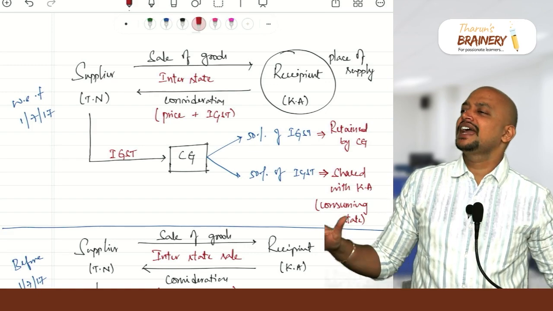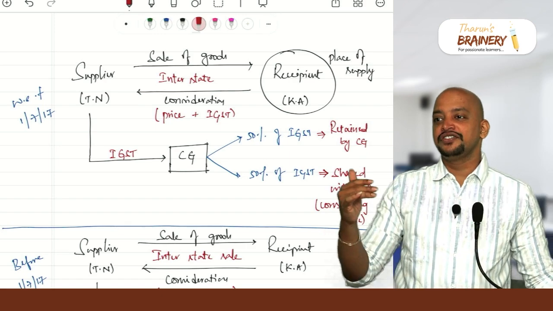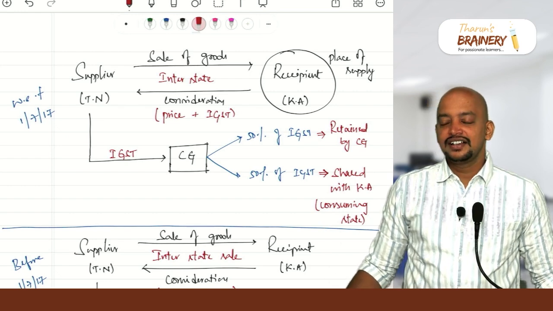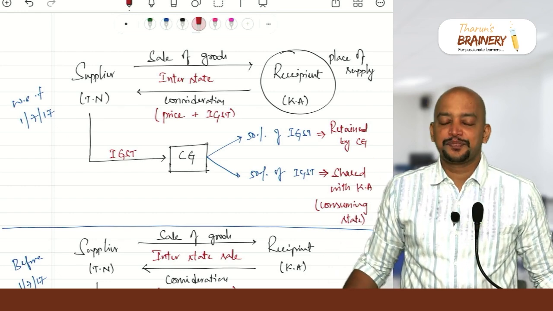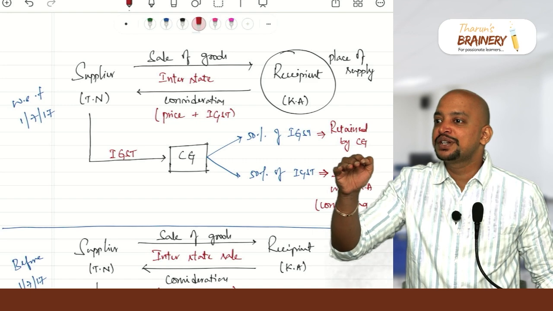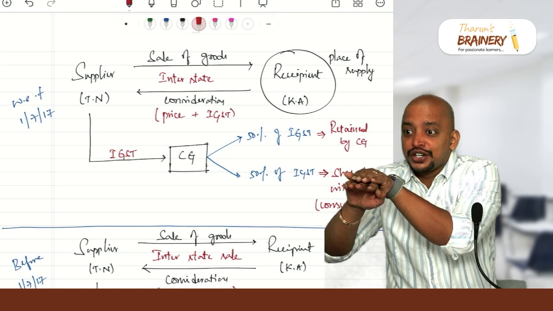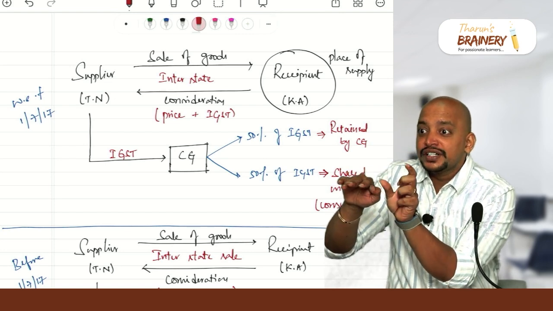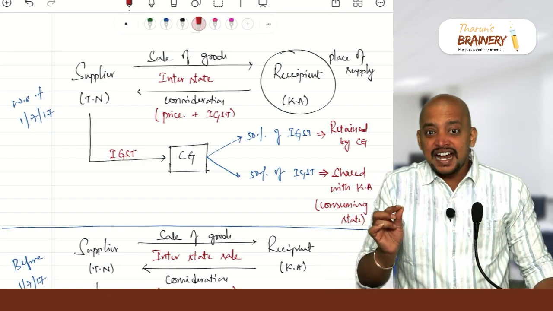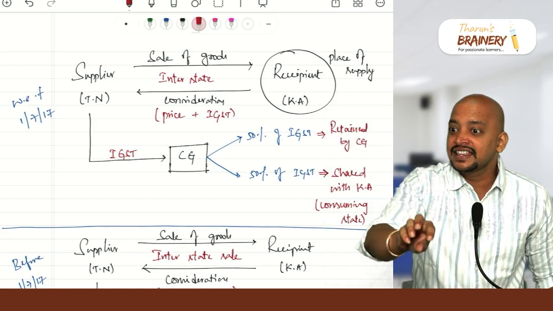Now states are very, very happy. Super, sir. So now we will accept the implementation of GST because you gave the assurance to us. Now, what the central government did is a superb U-turn, a twist. They created a new law called the GST Compensation to States Act. Under this Act, they created a new tax called the GST Compensation Cess. And that GST Compensation Cess they are collecting from the people of India and giving it to the